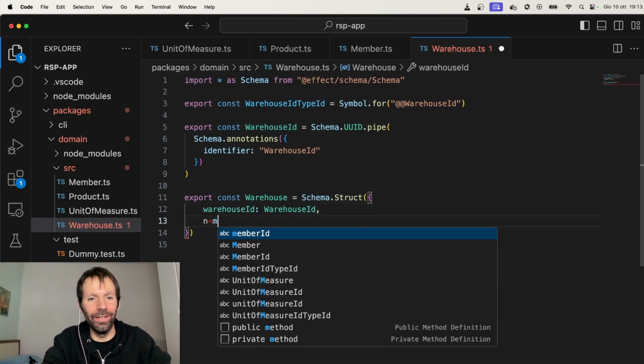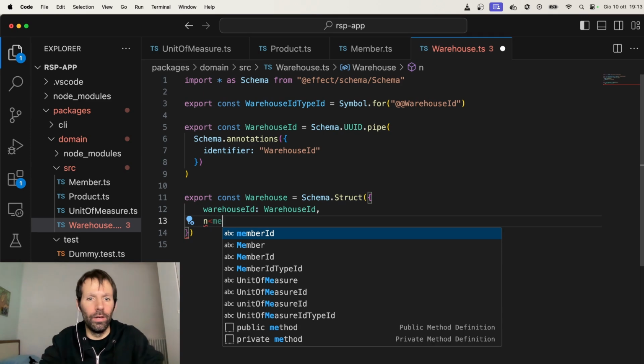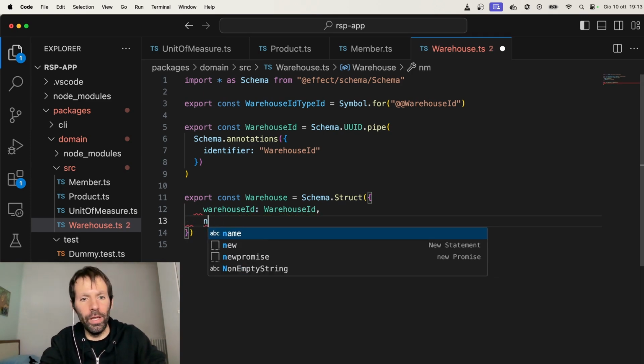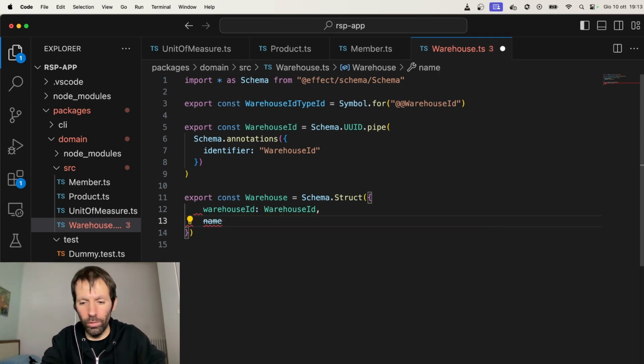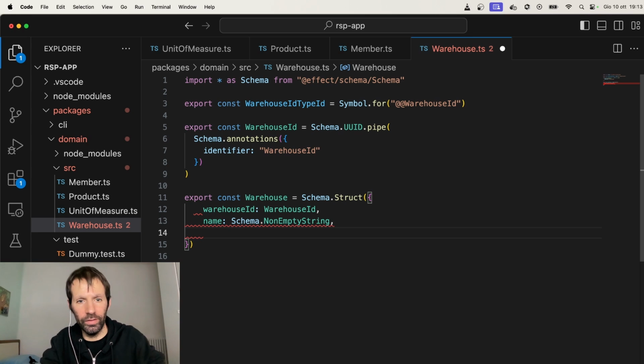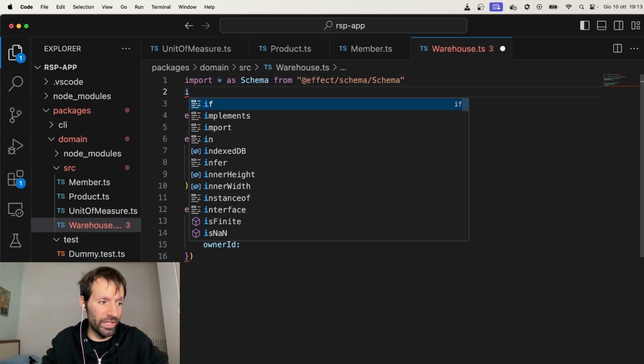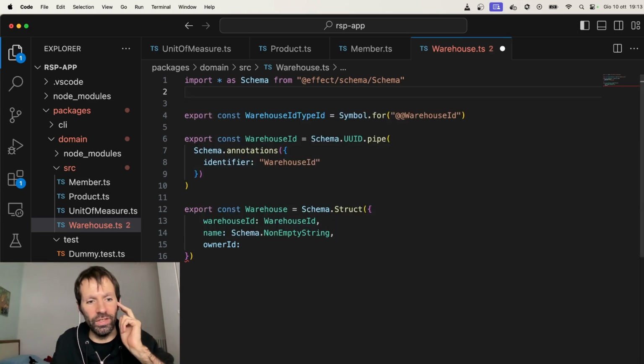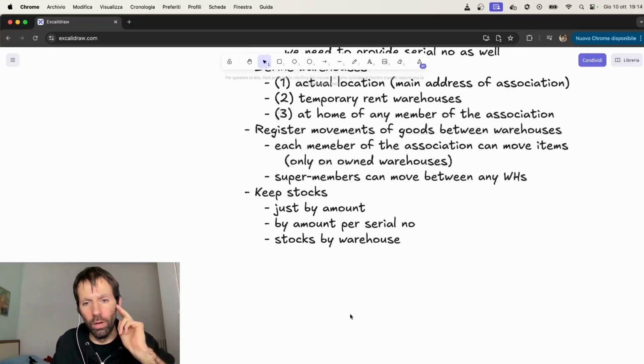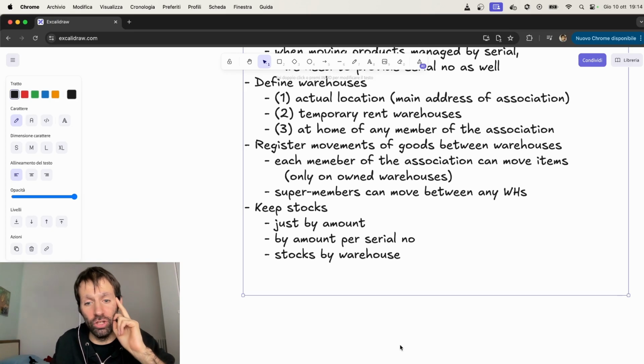Okay, warehouse ID, name. We want a name for the warehouse. There will be just, as descriptions, name to string. I also want something like owner ID that will be a member. Because as we said, we have warehouses that are actually the home of any member of the association. So